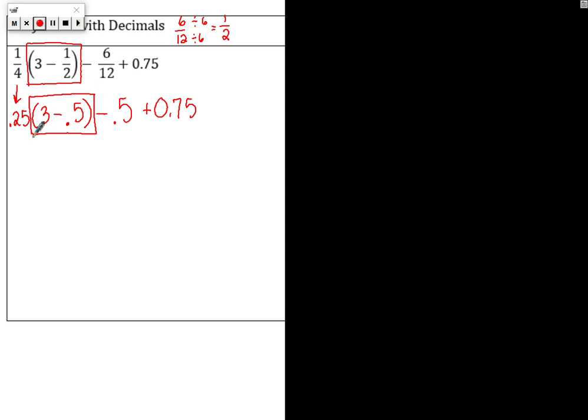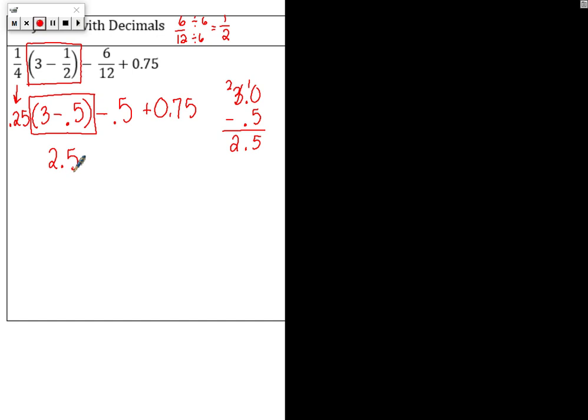First step is the parentheses. We have 3 wholes minus 1/2, minus 0.5. So, when I do that, it's 3 wholes minus 0.5, and that will give me, I need to decompose, bring my decimal down, that will give me 2.5 as the answer. I take the sign of the bigger number, which is the 3, and so it's a